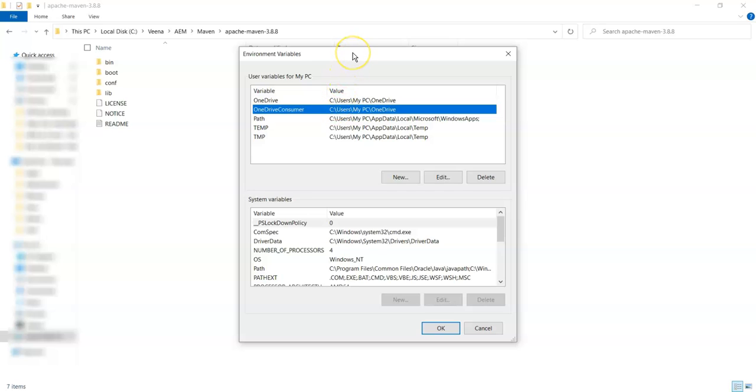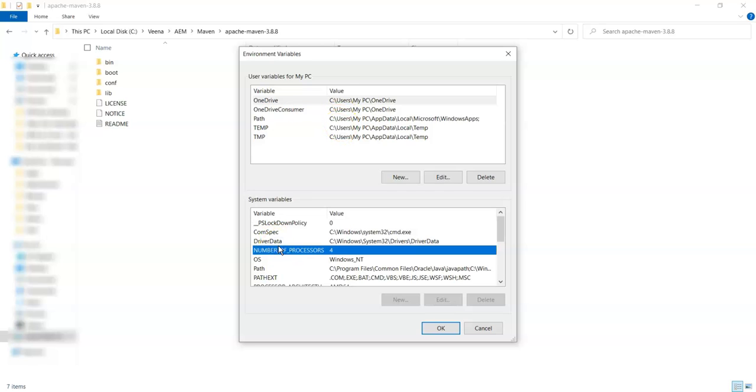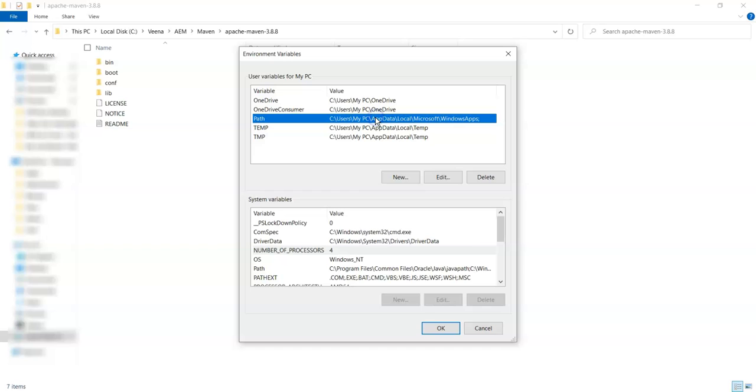When you have the environment variables window opened, if you are using your company laptop, maybe only the user environment variables will be enabled for you and you cannot set values in system variables. If you set it in the user environment variables, it will be available only for that particular user login. But since this is my personal laptop, I'm going to do it in a system variable.